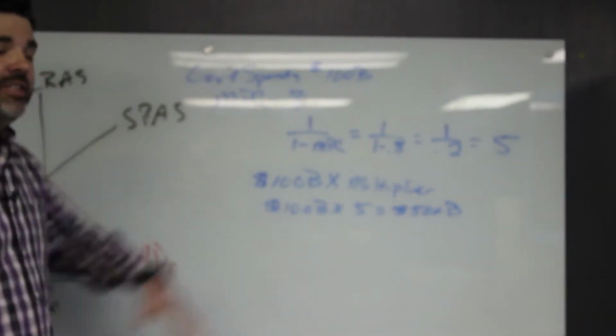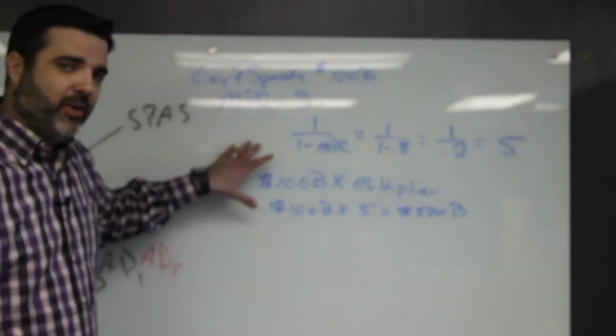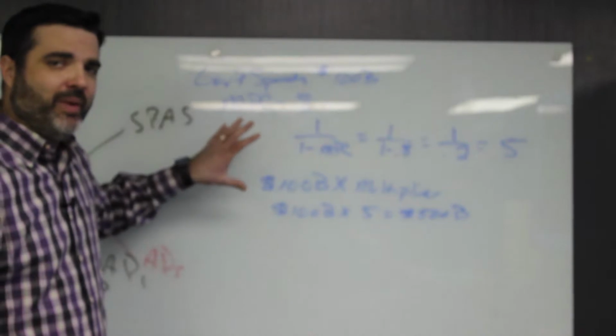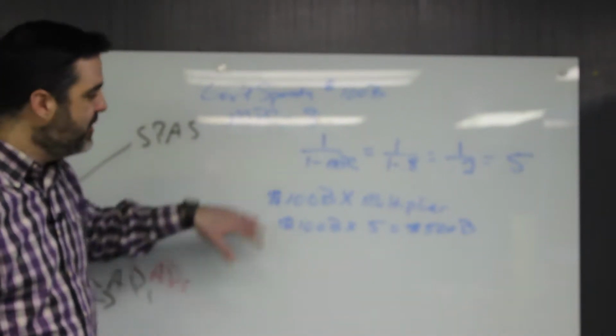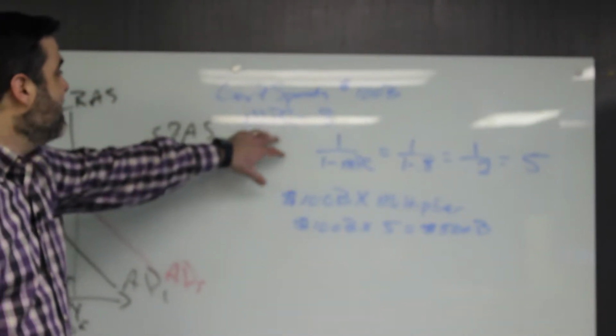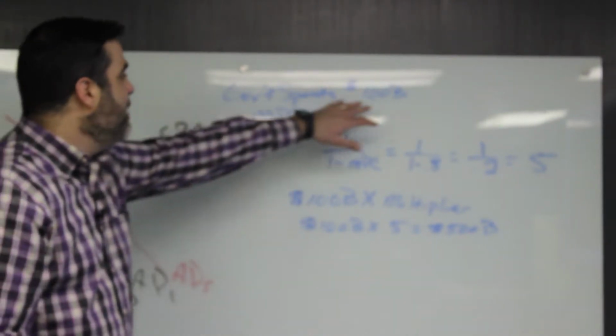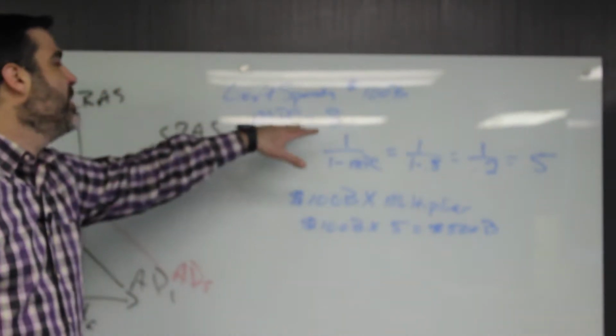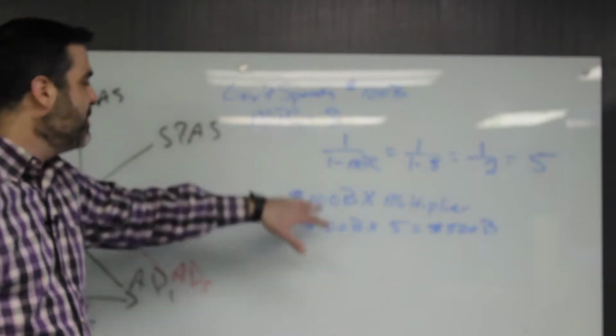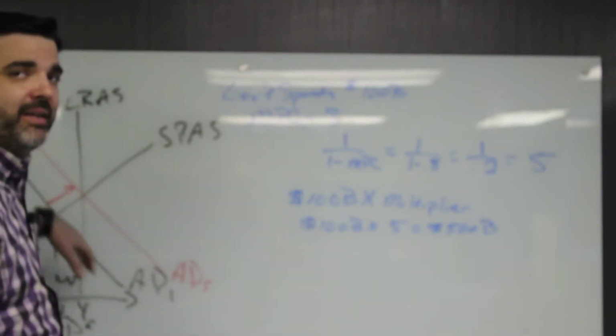If you don't understand this, you either need to look at your stuff from last week, or you need to get notes from somebody from last week to understand this. So, if the government said, we'll spend 100 billion, their 100 billion with a marginal propensity to consume of 0.8 could have a $500 billion impact on the economy.